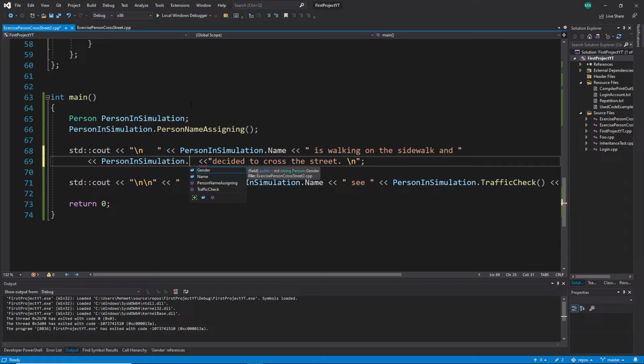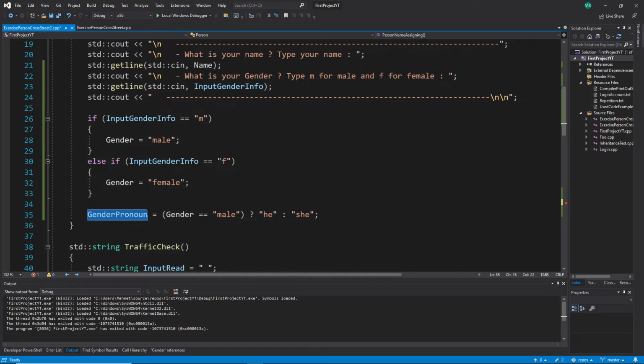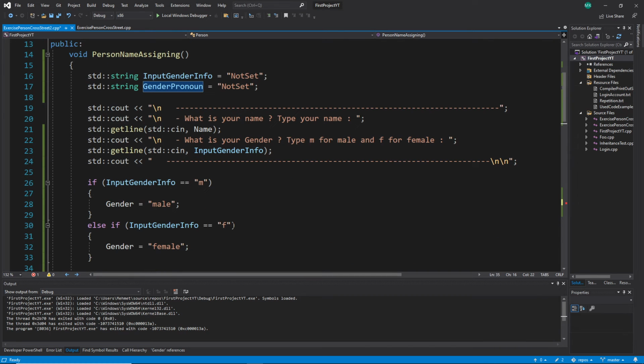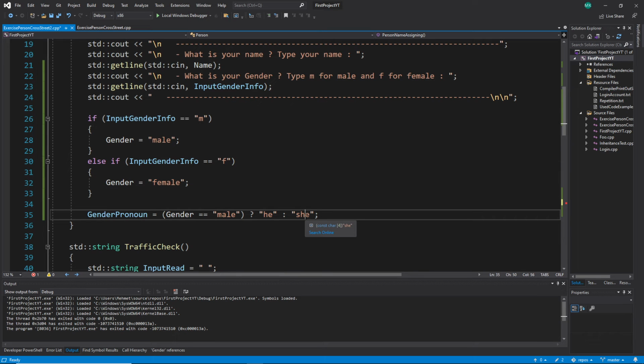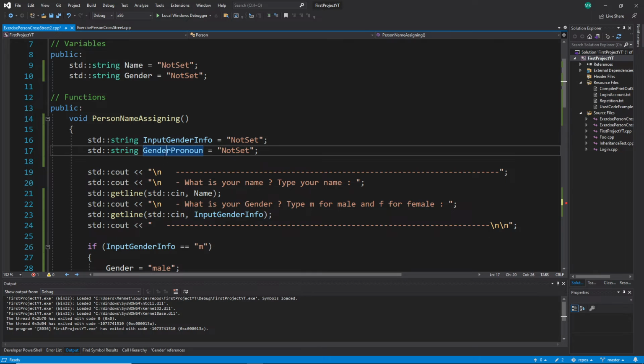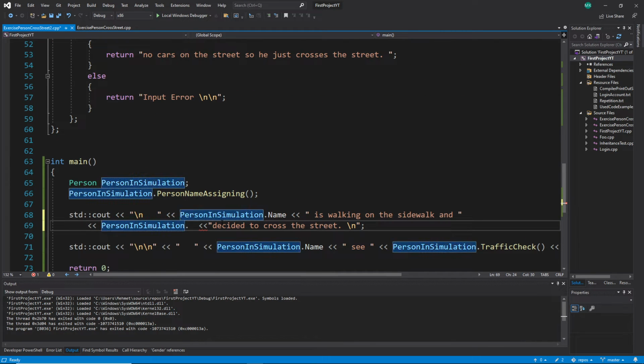But this gender is not the right one, because we need this gender pronoun, right? Gender here is just saying male or female. I need this word he or she. And this he or she I saved in this gender pronoun. The gender pronoun is here local, and that's why I have no access to it. So one